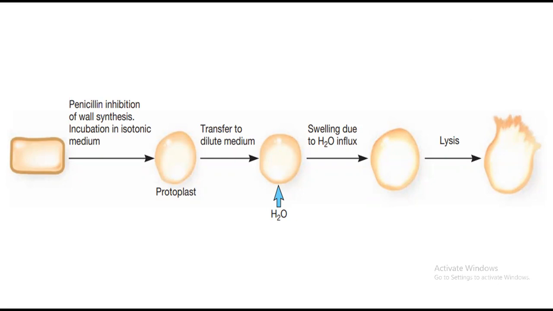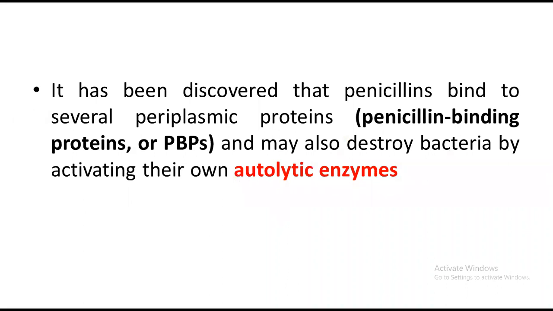Now there are certain other ways in which penicillin can perform its function, but they are not that clear, and they are not 100% accepted by the scientists. But they thought that penicillin can also work in this way. There are special types of autolytic enzymes in the bacterial cell, and these enzymes are involved in the apoptosis of the cell. When the cell wants to die, these enzymes perform their function and kill that cell in a normal manner. So what does penicillin do?